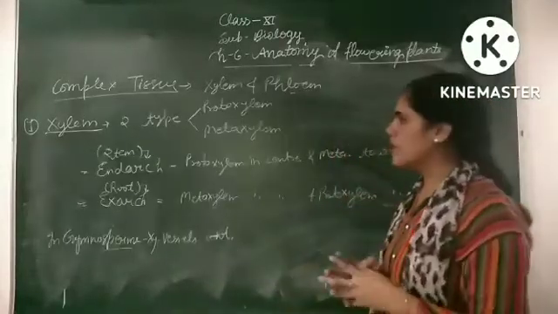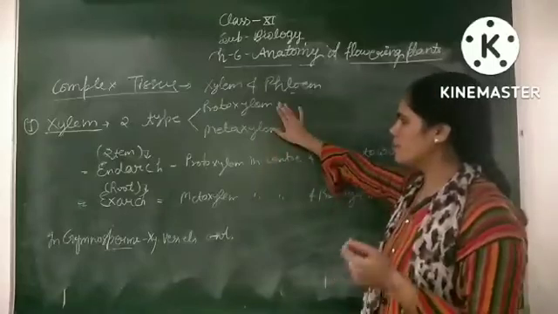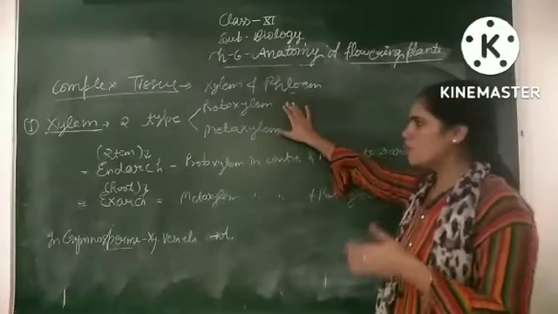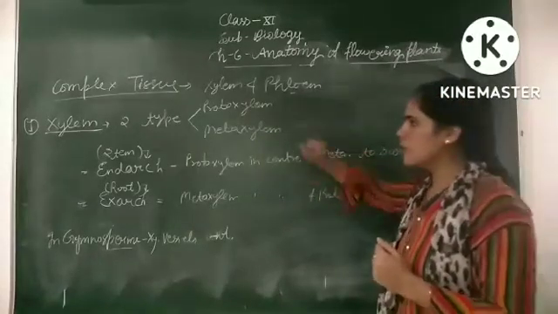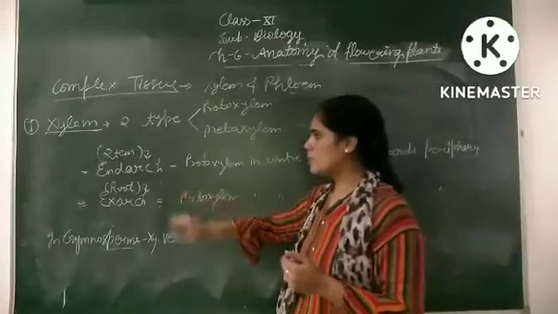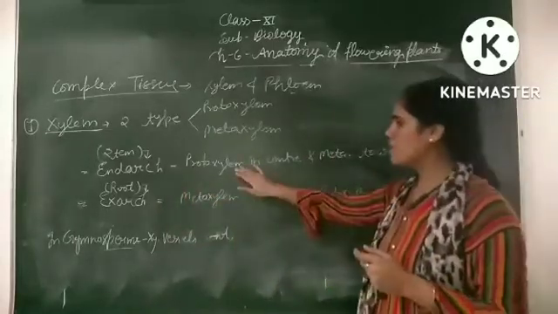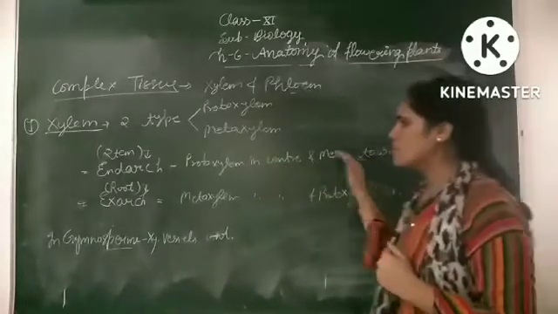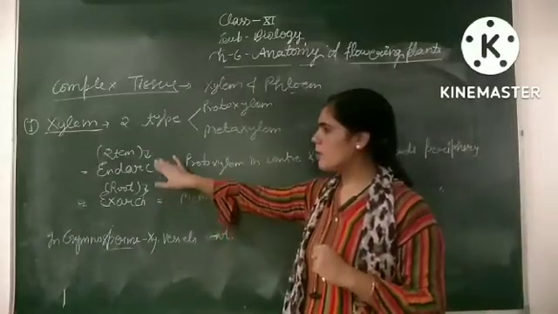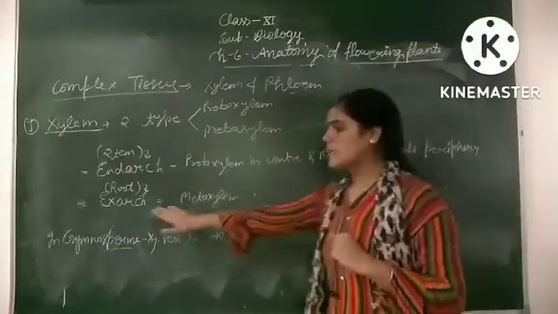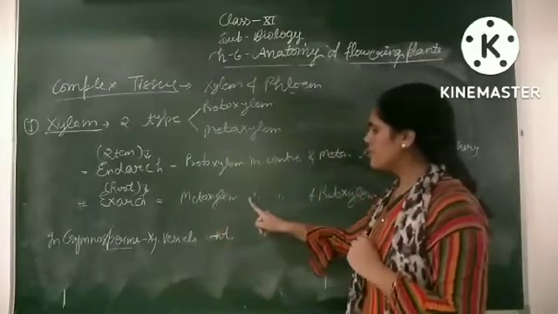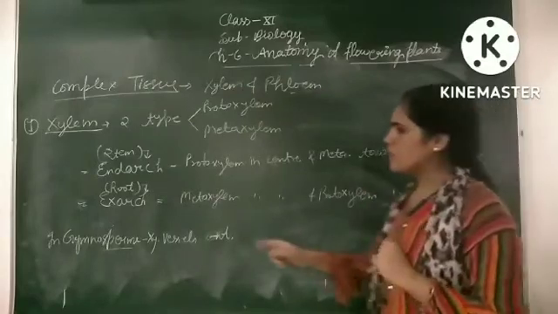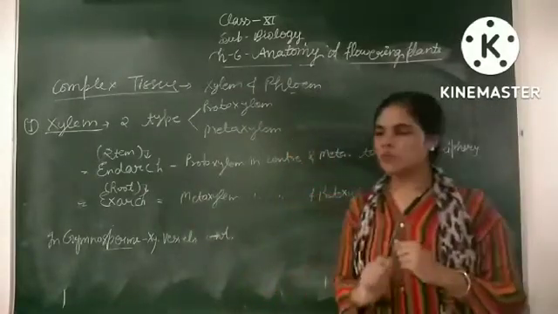On the basis of growth, xylem is of two types: protoxylem and metaxylem. First protoxylem develops, after that metaxylem develops. On the basis of the arrangement of protoxylem and metaxylem in the root and stem, these are of two types. First arrangement is endarch. In this arrangement, if protoxylem is found in the central part and metaxylem toward the periphery, this type of arrangement is known as endarch, and it is mostly found in the stem of the plant. Second is the exarch condition. If the metaxylem is found in the central part and the protoxylem toward the periphery, this arrangement is exarch, and it is generally found in roots.